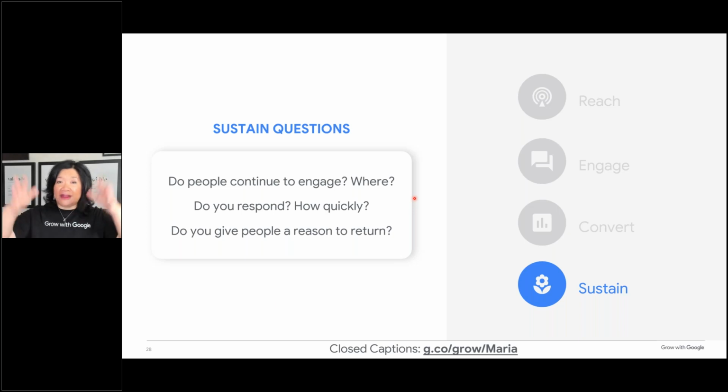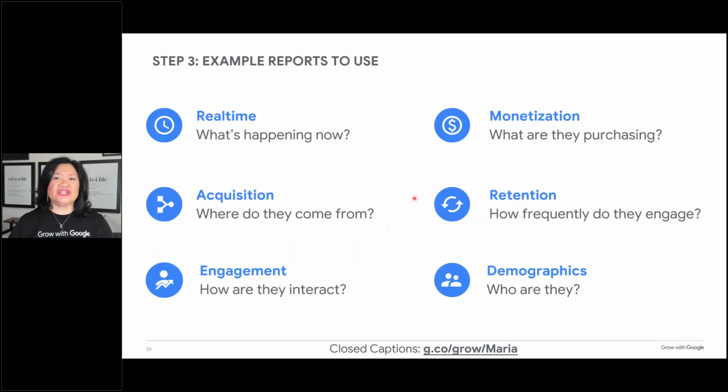Maybe like during everything that happened with the lockdown, I saw a lot of plumbers that were showing people how they can make gaskets work on videos. So people were coming to their website and looking for that, because they weren't letting as many people in the door to their household, not at that time. So look at that, keep in mind and see what are you doing to sustain and keep that relationship going,